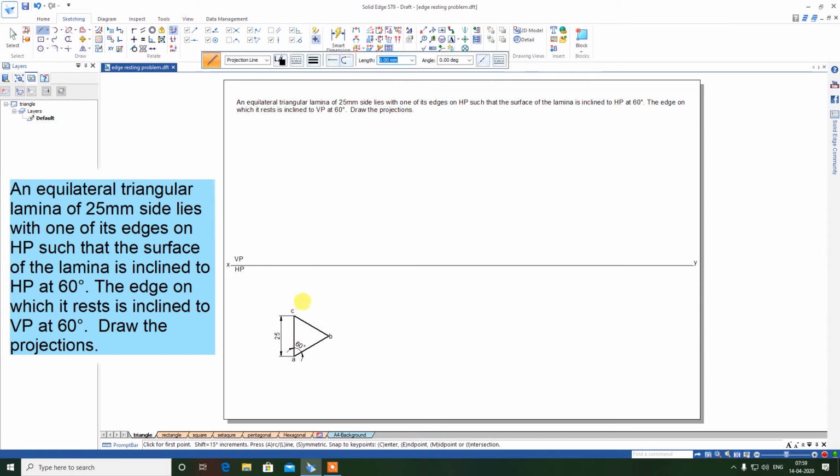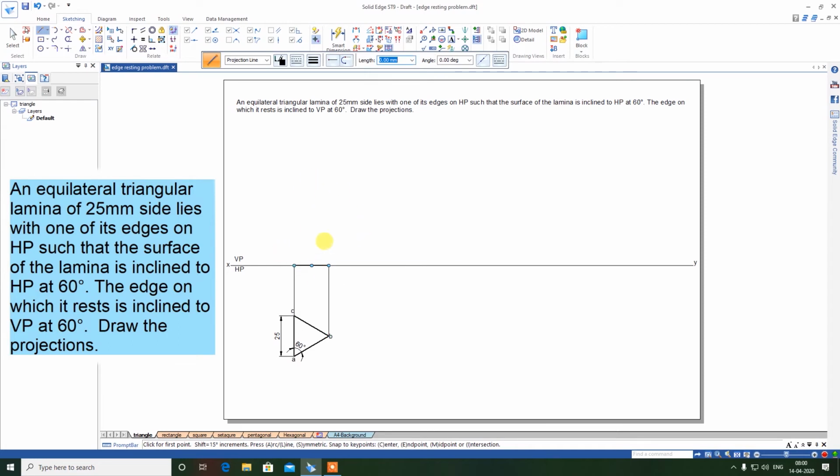Now top view is over. For front view, you first draw horizontal lines from the top view. Take line, thickness 0.13, descend to the XY line like this. Then take thickness 0.5, descend to this end. You move like this, don't click directly here. Move over this line, you will get the end point, then only you click.